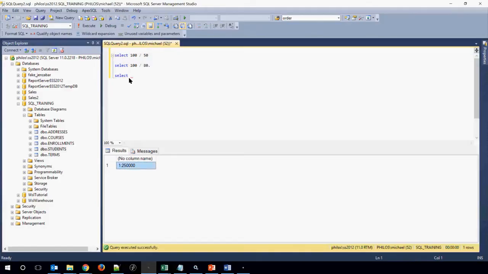So this gives me 1.25 and then 4 zeros at the end. Perhaps I just want 1 zero or no zeros at the end. I can do this thing called cast. And we're going to come back to cast a lot. This is a new item of syntax. I don't want to breeze over this, but things like cast and convert let us change numbers to text or change integers to decimals, stuff like that. If I do this,